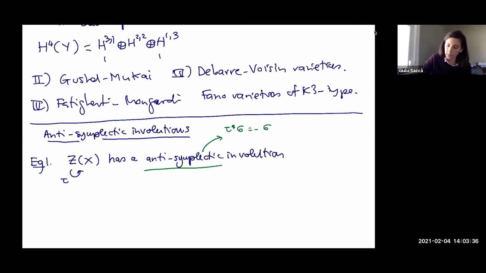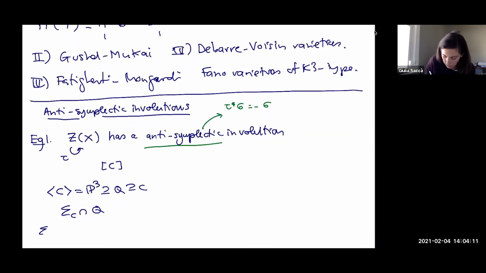And so let me describe it. It has a nice geometric interpretation. It goes as follows. If I have an equivalence class of twisted cubics, again, I have my P3 generated by the twisted cubic. And for any quadric surface containing the curve in this P3, the intersection of the quadric with the cubic